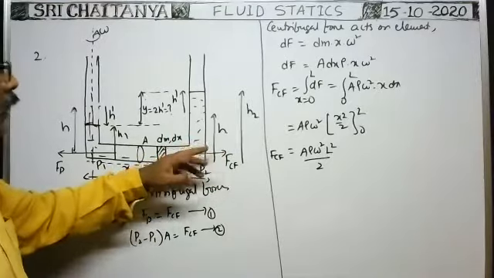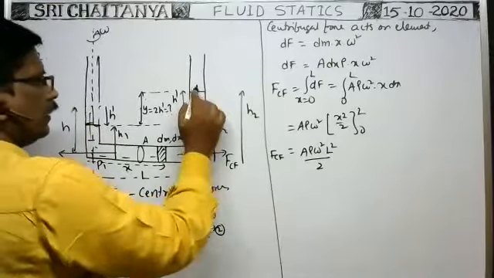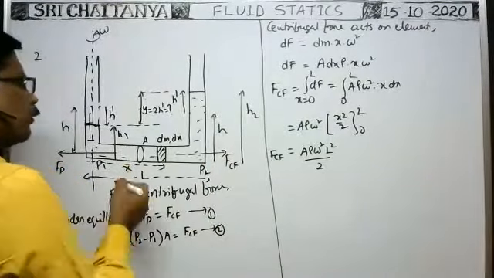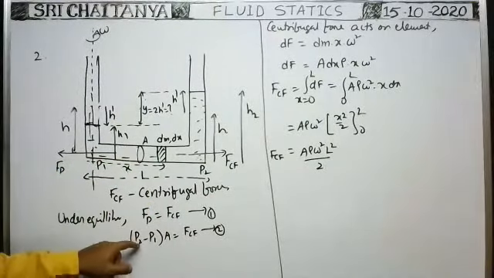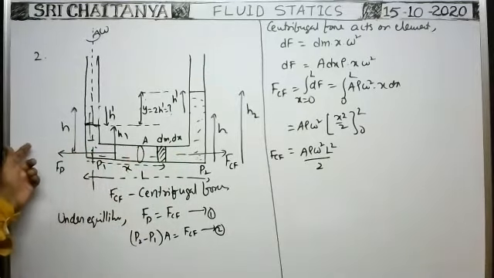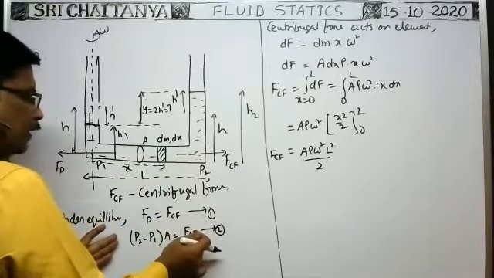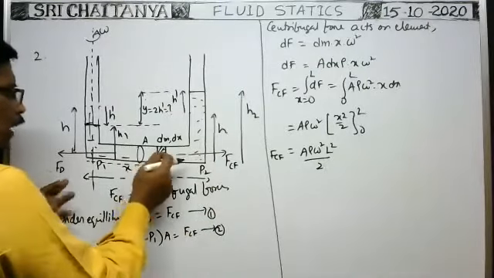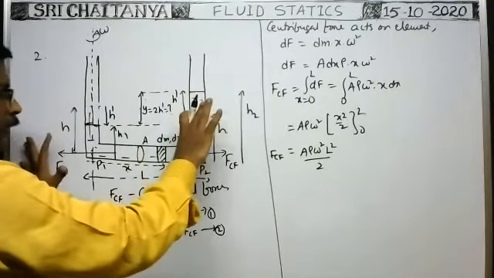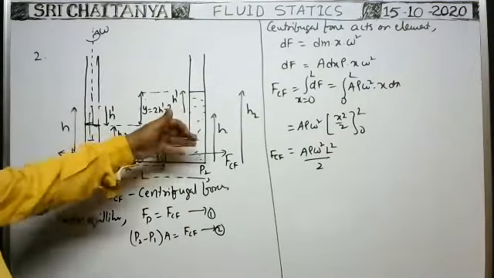Due to that, the liquid level rises here and falls there. As the liquid level rises, the pressure at this point increases and the pressure at this point decreases, so in this direction the pressure difference gradually increases. As the pressure difference increases, the force acting on this liquid column in the horizontal tube towards the left gradually increases. When the centrifugal force acting on this liquid column balances the force due to the pressure difference, then at that position the liquid levels are in equilibrium. At that time, the height of the liquid column in this tube is H1, and in this tube say H2.